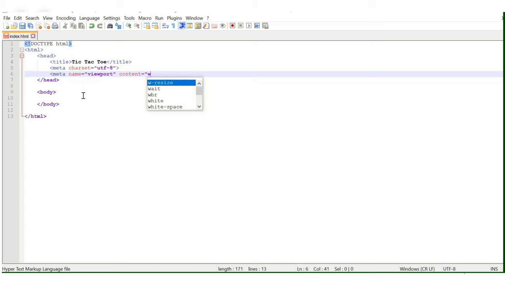And then we need to give the conditions which are going to change the viewport. The first condition is going to be within the content attribute. It will be width equals device-width. This is pretty much self-explanatory. The viewport is going to automatically adjust as per the device width available. If it is a device with 900 pixel width, the web page is automatically going to change itself to 900 pixels. After this, we write initial-scale equals 1.0 and then we close the quote and the